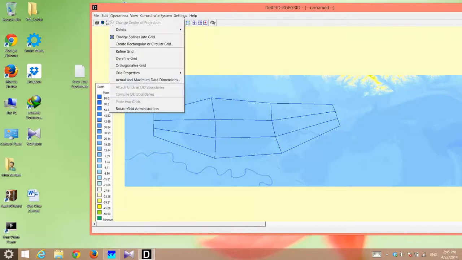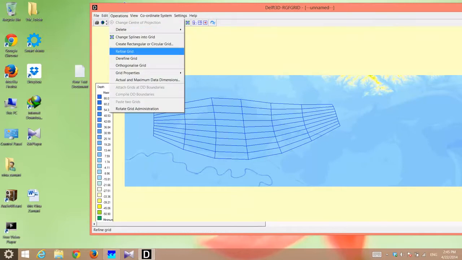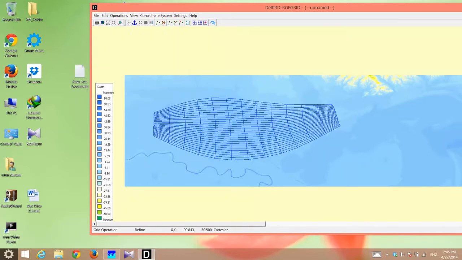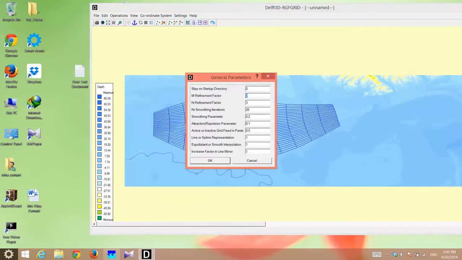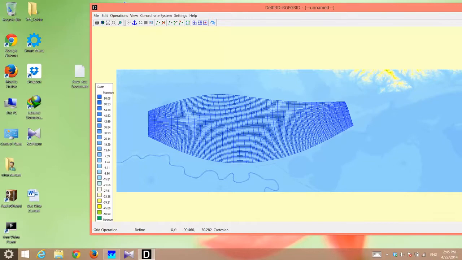I could do refinements. For example, I could click on operations and click on refine grid. Here's another grid, and then again operations, refine grid, and here's another one. It's not gonna look really good, so I have to improve it by changing my refinement factors. So let's say I change it by 2 and 2 or 3 and 2, and then again I refine it again. As you see, it's getting a little better, but it has some stuff that needs to be